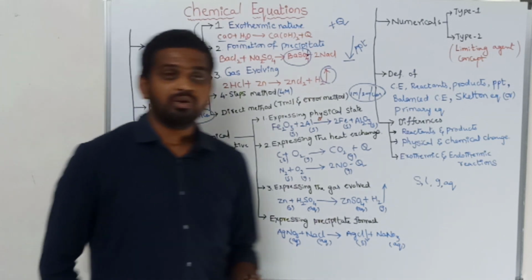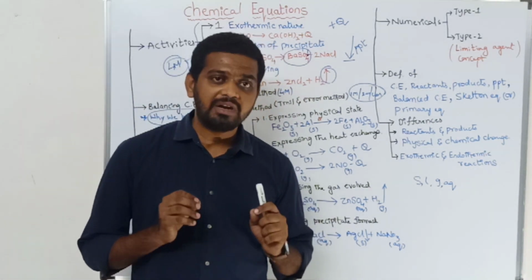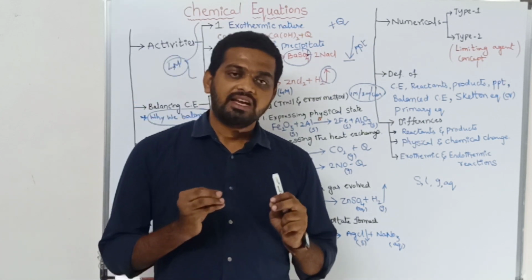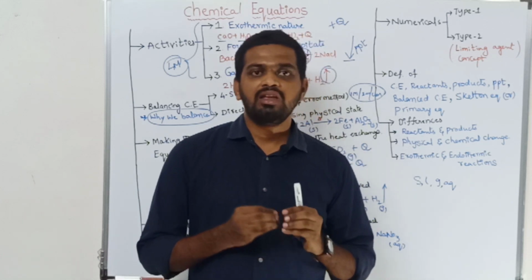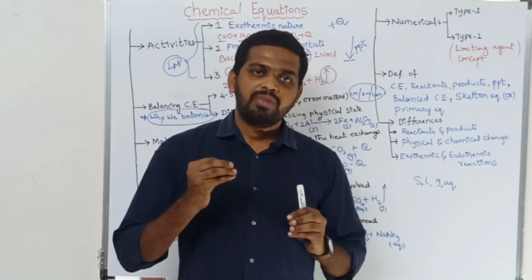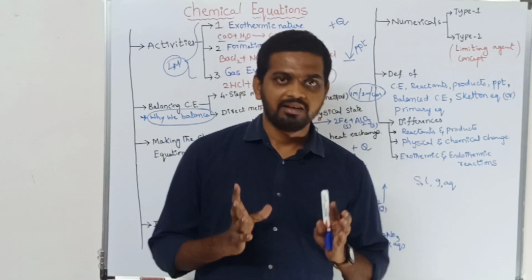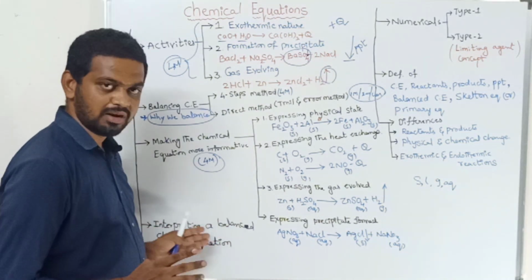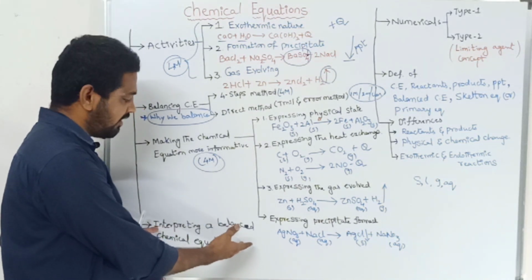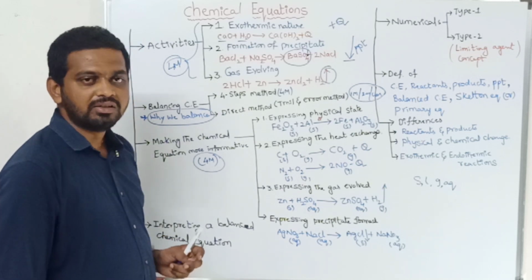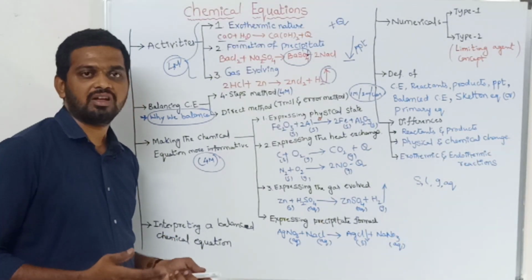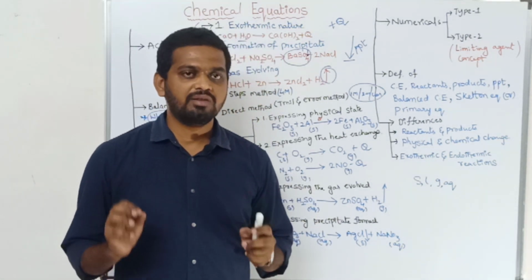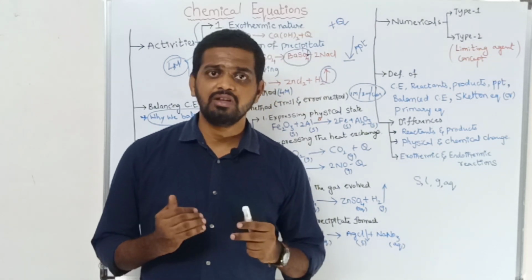Coming to the next topic, in your textbook you have around 6 points for interpreting the balanced chemical equation. You should understand the question properly. Interpreting the balanced chemical equation is nothing but what extra information you get by using the balanced chemical equation. Is it clear, children? If you go through the mole concept problems, you are able to write the answer very simply. So by using the mole concept, we form the mass relationship, volume relationship, and so on.